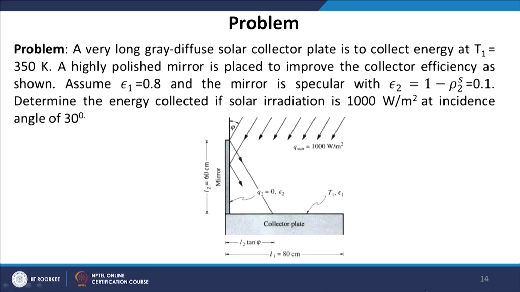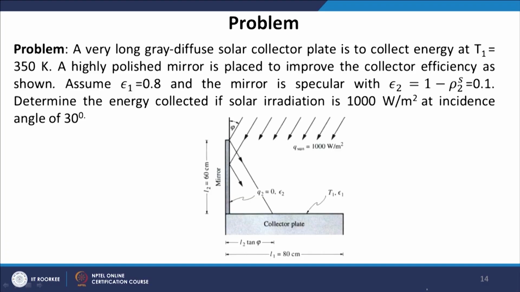So, in this example that we have solved earlier also, we have a collector plate that receives solar radiation. We have already noted earlier that the absorptance or the amount of energy received by this collector is very poor if there is no reflector plate put adjacent to it. In the example that we did earlier, the reflector plate was made up of gray surface and it increased the efficiency of the collector significantly.